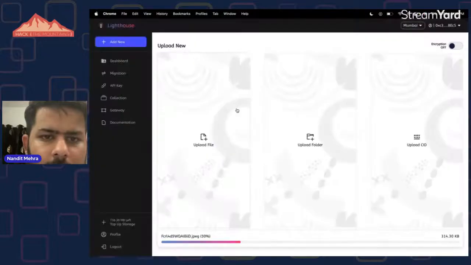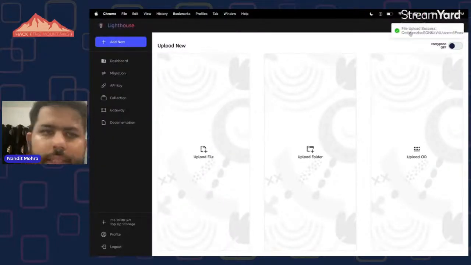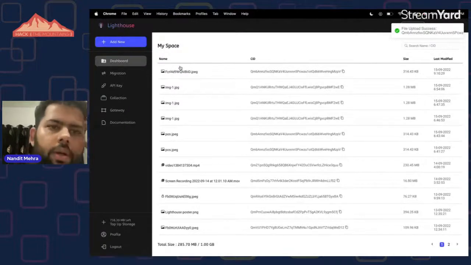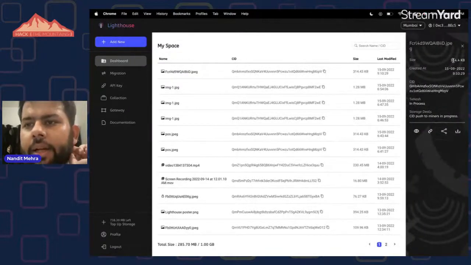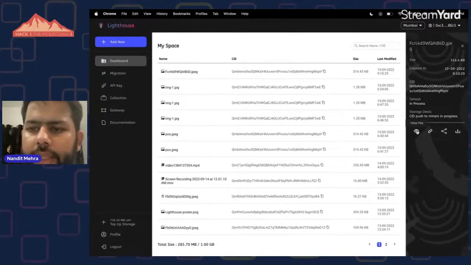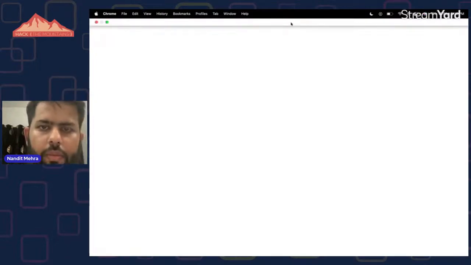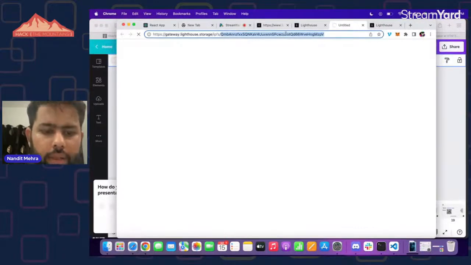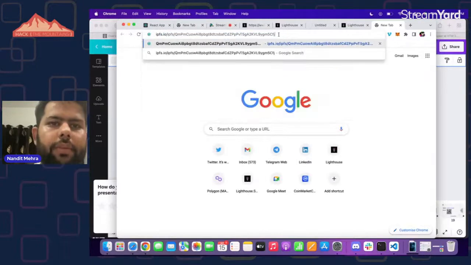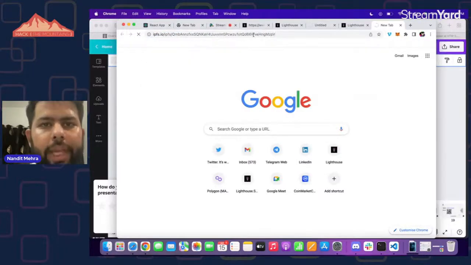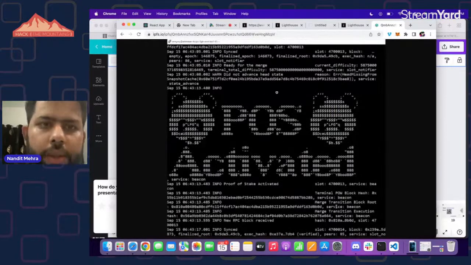And yeah, so this new file just got uploaded. And if I go to my dashboard, click on here, I can see that, okay, this is the file I uploaded. This was its size. I just created it, it's 9 p.m. here. And this is the ID which represents the unique ID of the file. And if I click on this view button, I should be able to see this file. The good thing is, since it's on the IPFS network, I can not just view it from my gateway, I can fetch it from anywhere else on the internet. So this is the file that I just uploaded through the dashboard.